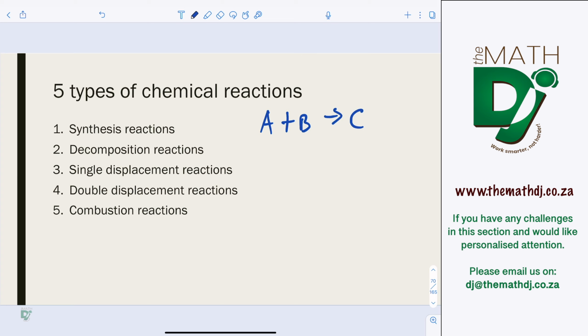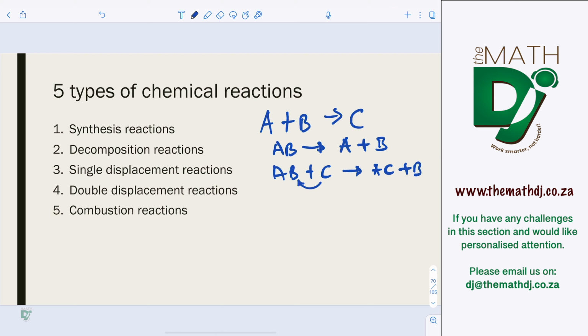Then there's decomposition, like AB decomposing to A and B. Then there's single displacement reaction: AB plus C equals AC plus B, which means C displaced B. Then double displacement is AB and CD, so it will be AC plus